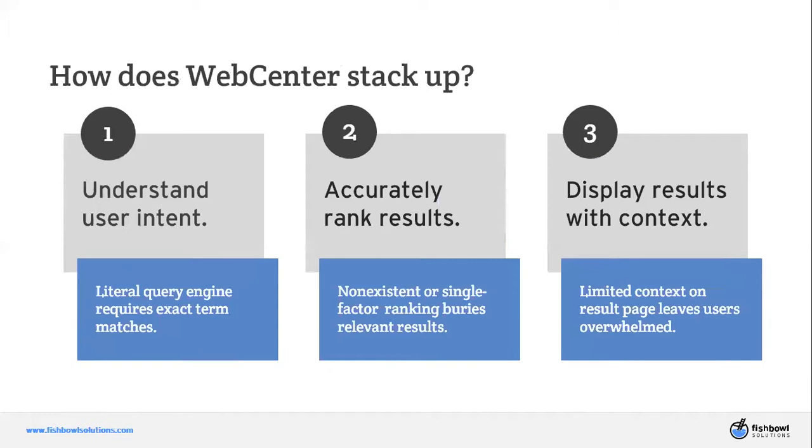They have to know what field something is in order to be able to use metadata to enrich the search experience. So it's very literal. It requires a lot of knowledge on the part of the user to be able to find things. Secondly, as we look at ranking,